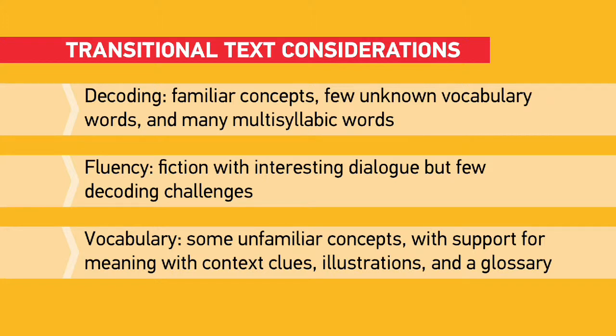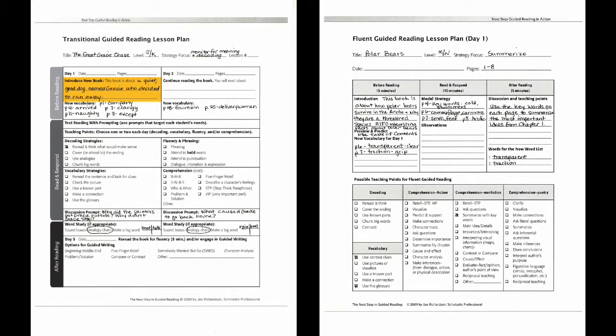For fluent readers, you'll want to use a variety of genres that challenge students and fit your focus strategy. Both the transitional and fluent lessons start with a short introduction to the book. Provide a simple description, then have students look through the book to get an idea of what the text is